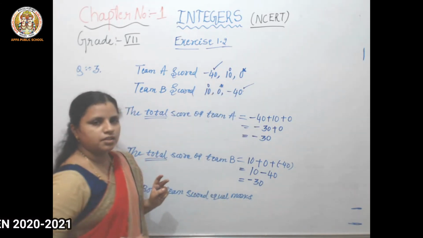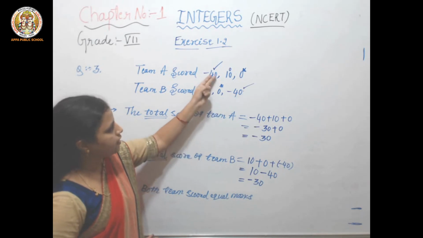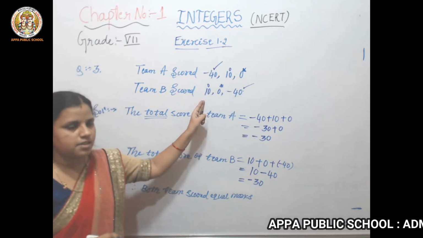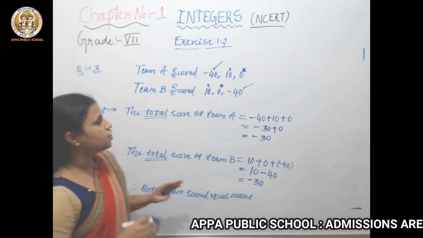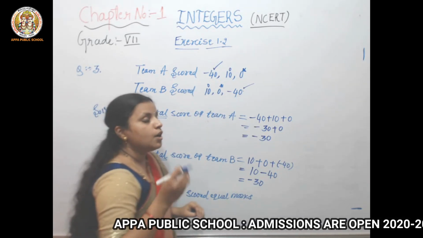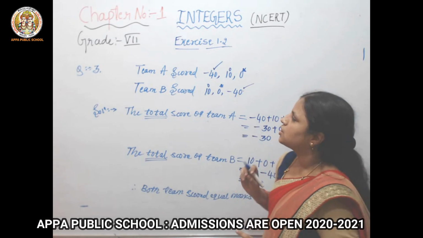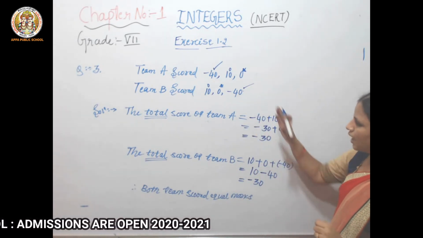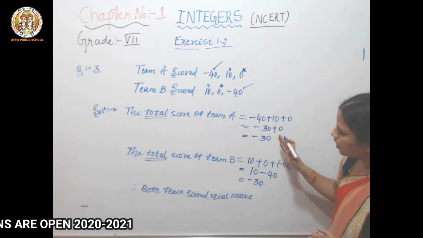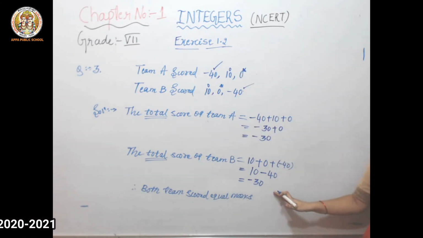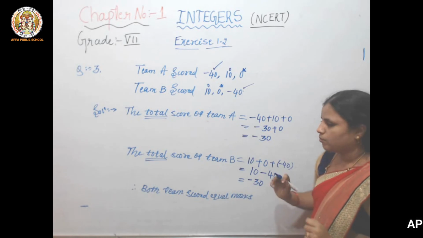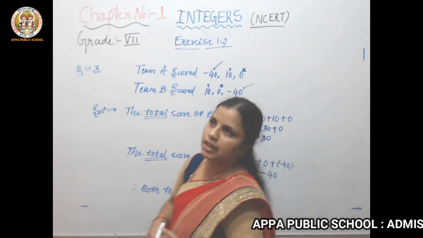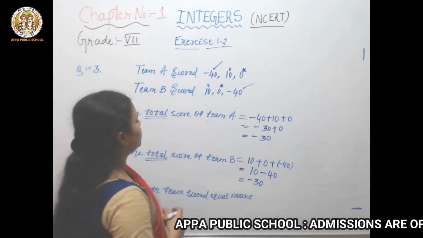Is there any change in the integers? We are having the same numbers only as I showed you. Here 40, 40, 0, 0, 10, 10. There is no change in the integers. Only the position of the integers changes. So with this we can say, because with that purpose only we are getting the score as the same, minus 30, minus 30. So you should write, yes, we can add integers in any order.